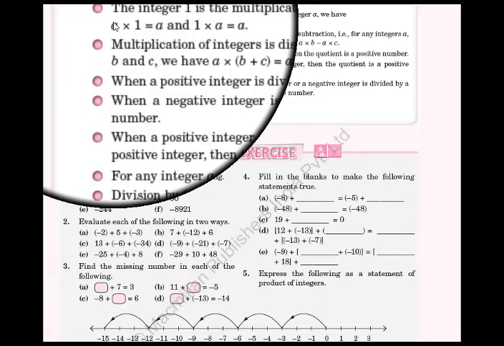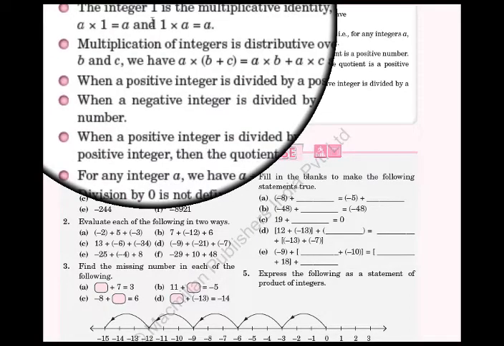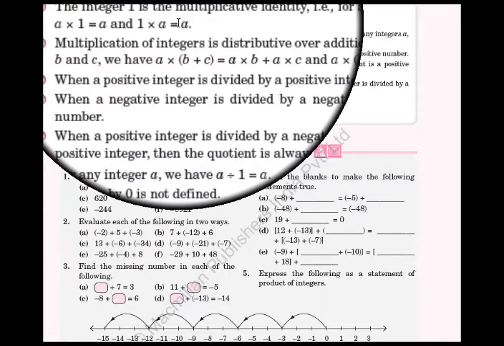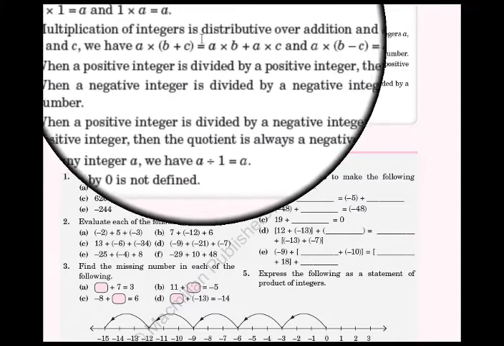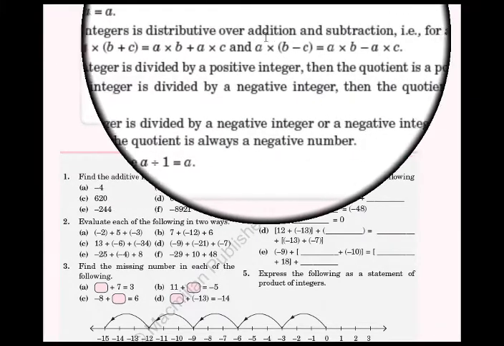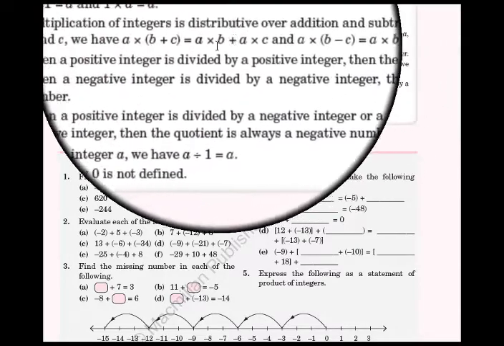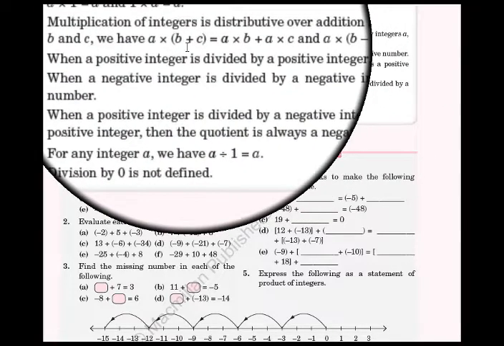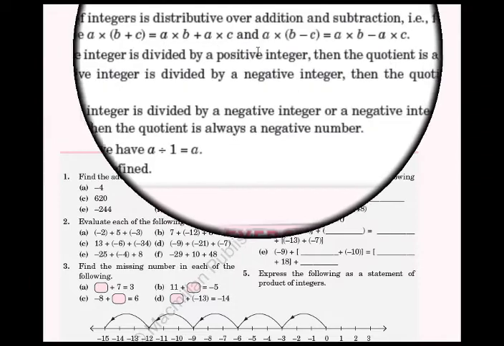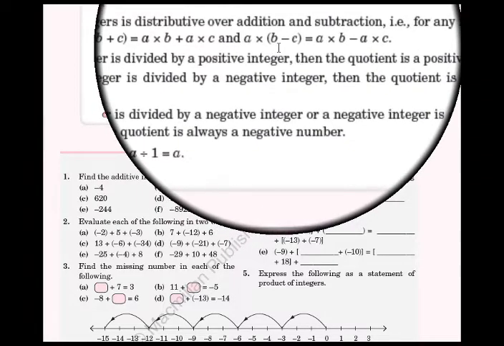So students, now let us proceed further. The integer 1 is the multiplicative identity. That means whenever we multiply any integer by 1, again the result comes out to be the same. The multiplication of integers is distributive over addition and subtraction. As we have for the addition, you can see the distributive property here, and for the subtraction also the distributive